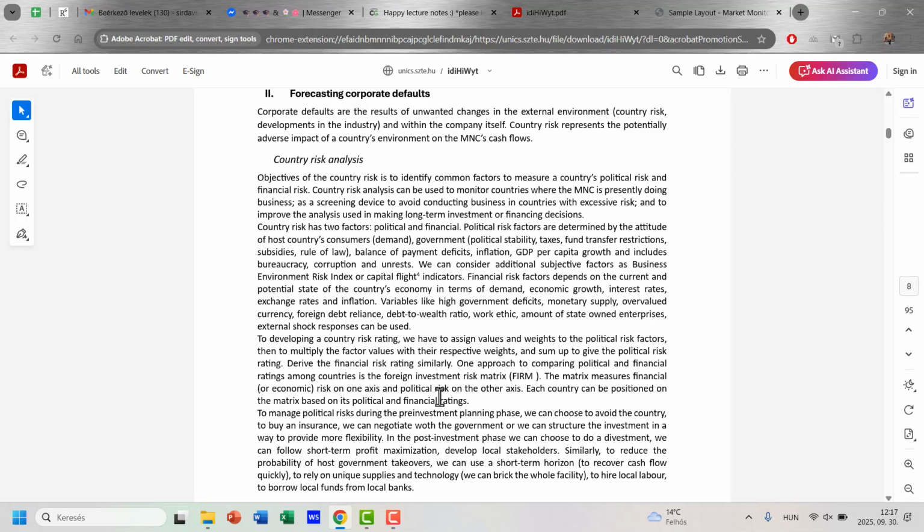Or also the last thing mentioned by the book is the joint venture. So we have to look for a local partner, and then we are creating a joint venture company. We still use our trademark and so on, but a local player can be really useful if there are huge administrative boundaries.